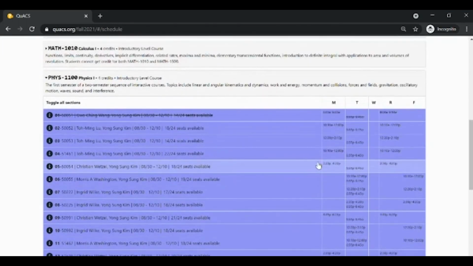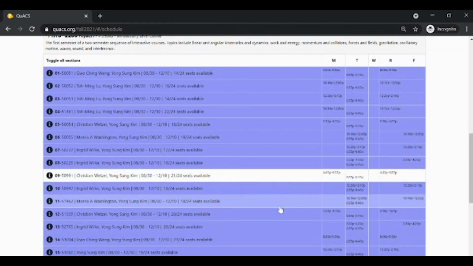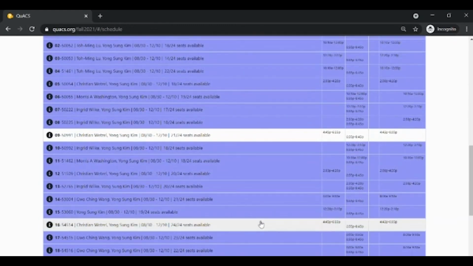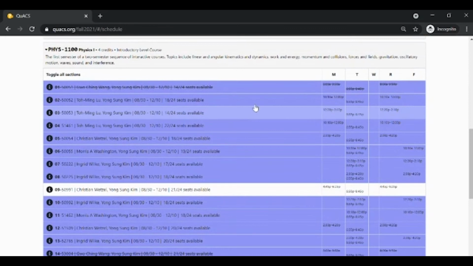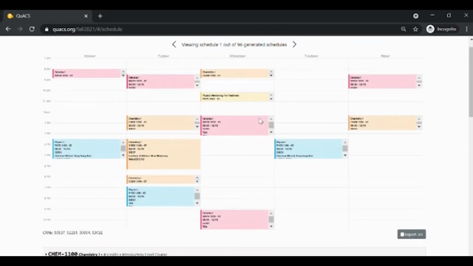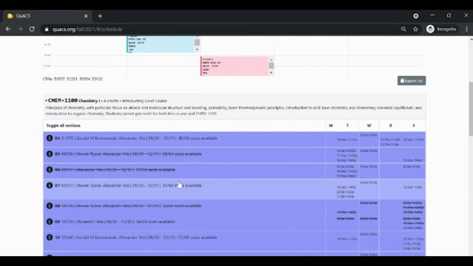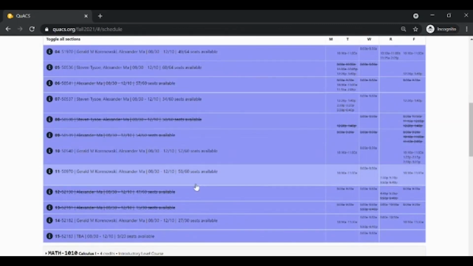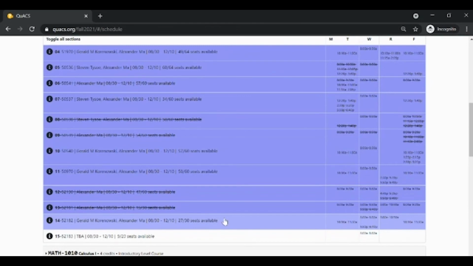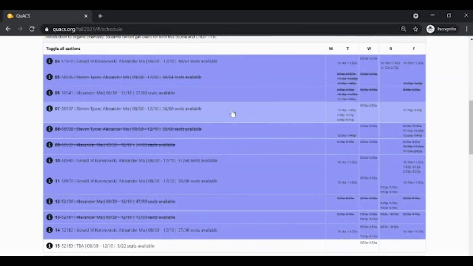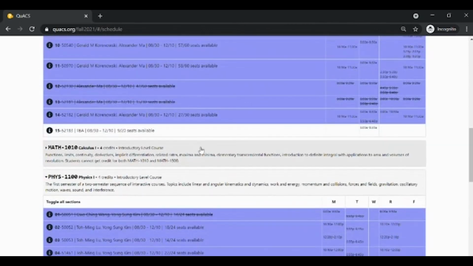So if we continue to narrow that down, say for instance, I really don't want anything too late any given day if possible, say, let's see here. So I continue to narrow down and it makes less and less schedules available, which is a good thing because 96 different schedules, still a lot to choose from. So let's think what else here. Let's say we don't want this one. Let's say that we have something going on with some of these other classes here.